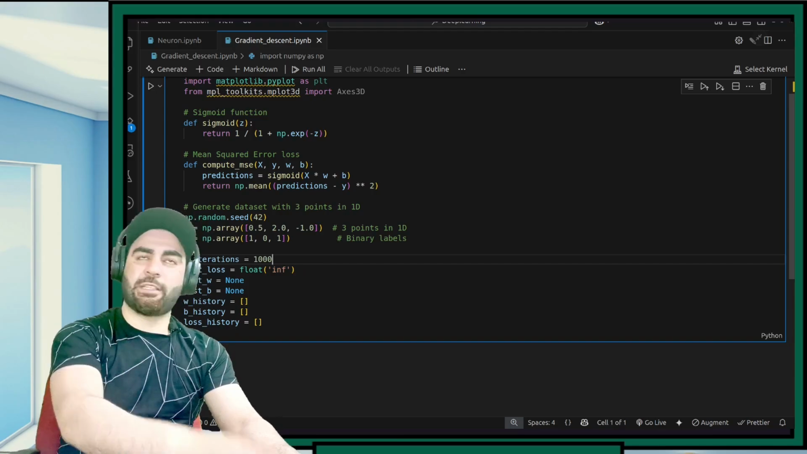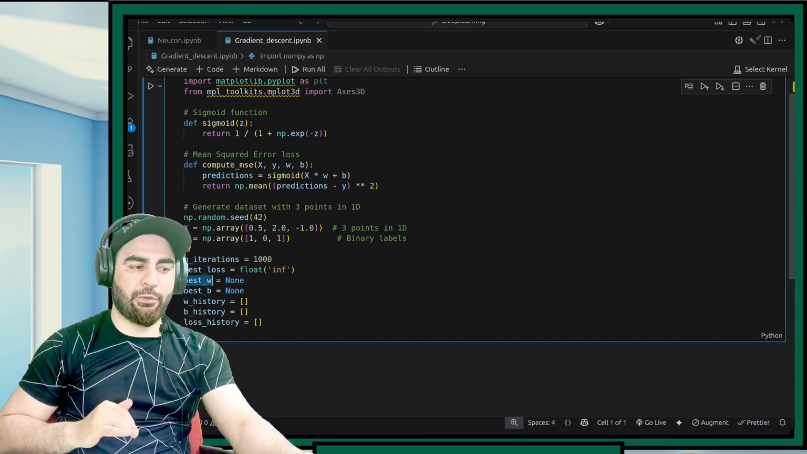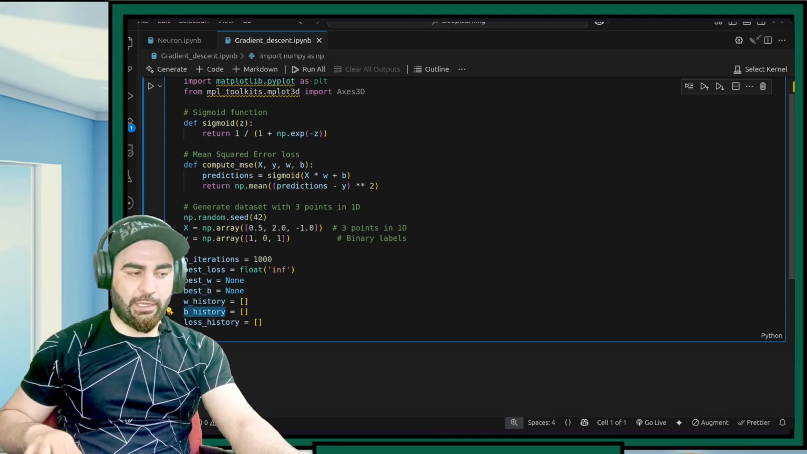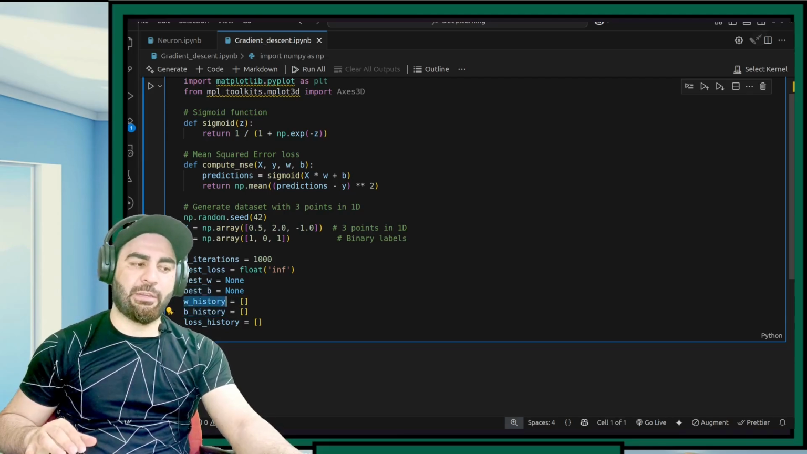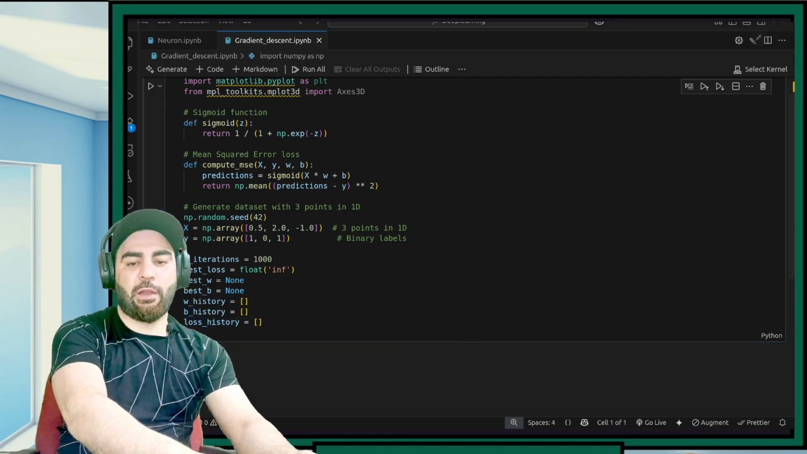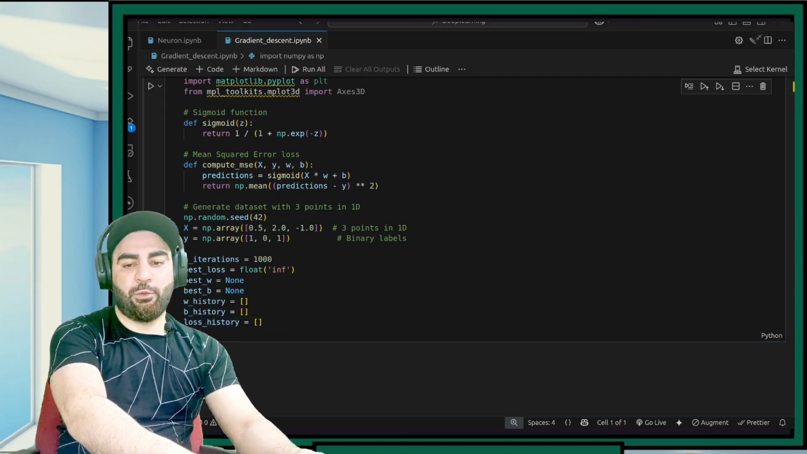Okay, so best loss is infinity. I'll start with infinity, and best W none so far, and best bias none so far, and we'll keep the history also. Okay, and we'll also keep the loss history. We'll keep the W history, the parameters of W, and these are the parameters, and we'll keep the loss history as well. So now what we have to do is I'll iterate through